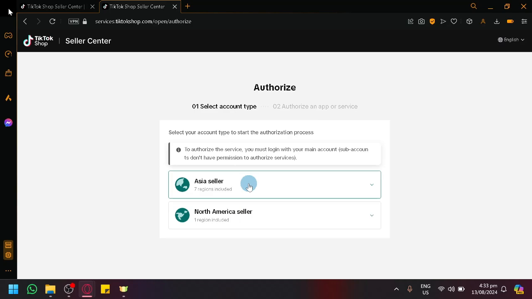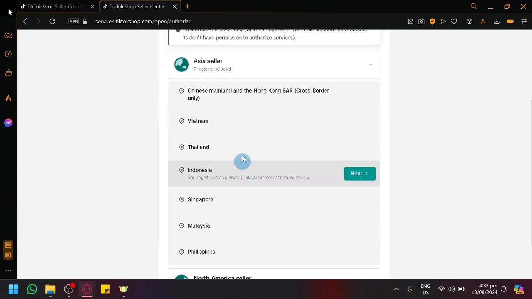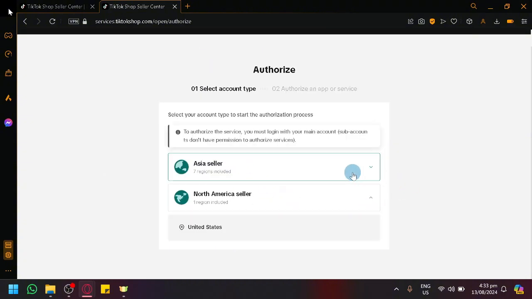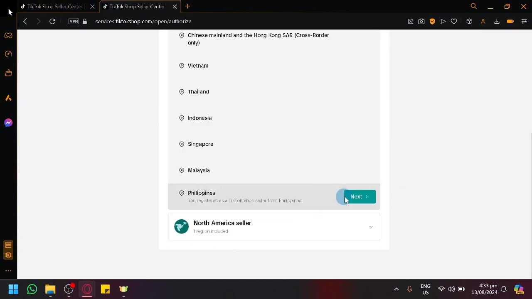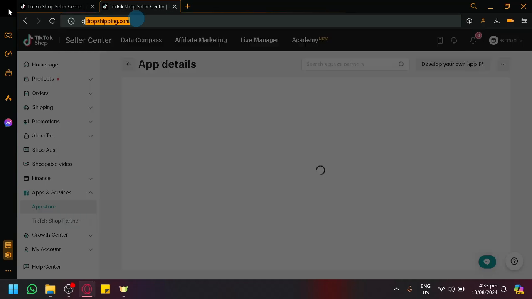And as you can see here, you will be able to select regions. You have your Asia seller, you have from China to Philippines, and you have your North America seller. And over here, simply click on next, and you're basically just going to log into your account through the link or through this page that we are handling right now. Now, after successfully connecting your two platforms together,